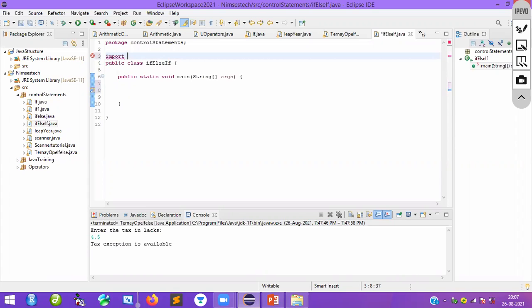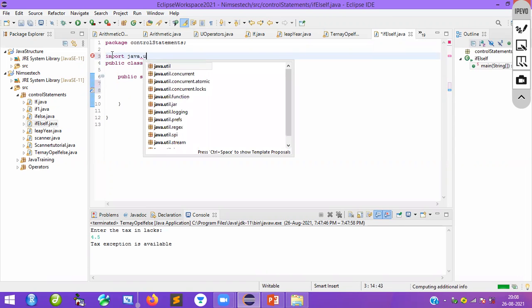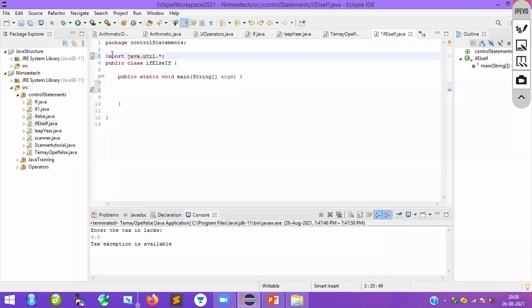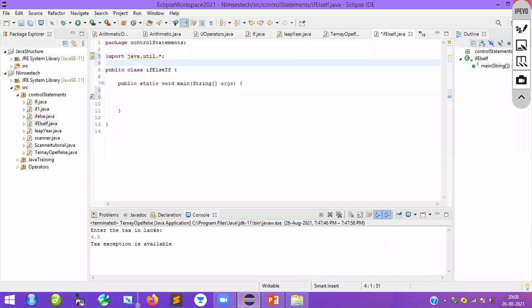Import java.util. Everything I'm importing, so no need to import the scanner separately. Instead of importing a single class, you can import util.* to import all the classes. Now I imported the scanner class, so I can use the scanner now.